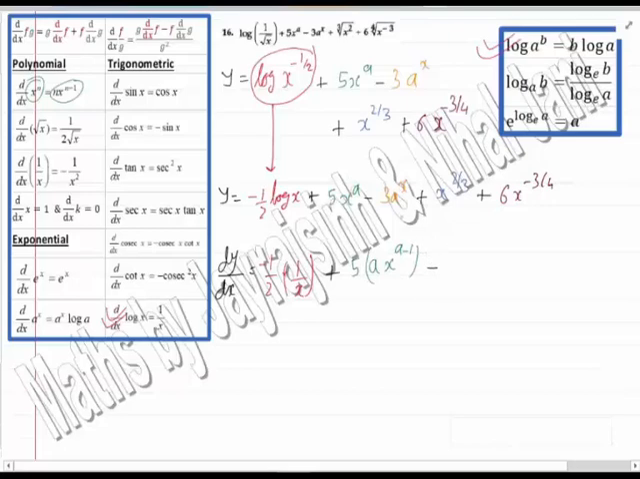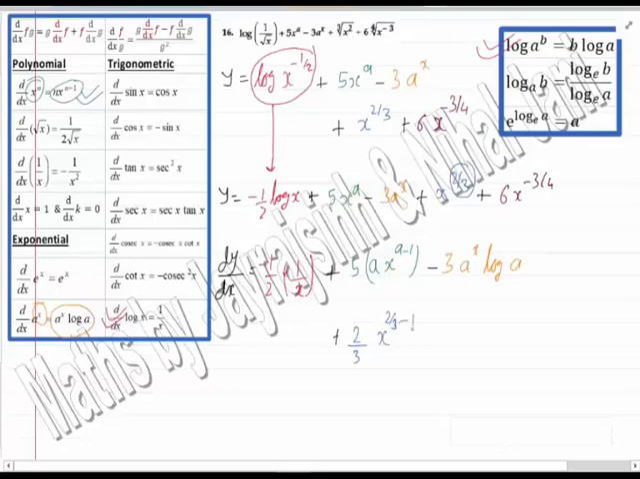Okay, and for the third term, 3 is the constant. We just need the differentiation of a raised to x, which is a raised to x log a. Okay, now let's move to the fourth term, which is x raised to 2 by 3. Basically it's just the differentiation of x raised to n. We have 2 by 3 instead of n, so it will be 2 by 3 x raised to 2 by